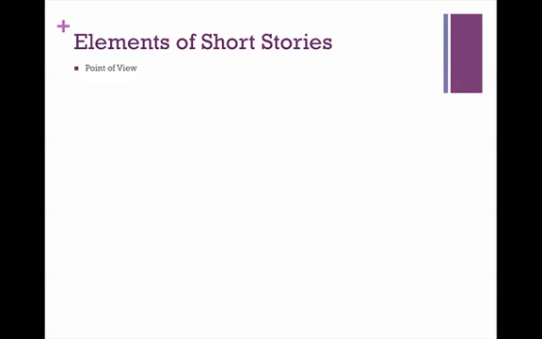And then a theme, which is what the story is about, not in a literal sense, but in the sense of answering the question, what is it that you think the author is trying to communicate to you? It's the same thing as poetry. I'm asking you to try to figure out what is the deeper meaning in this story. Beyond the obvious, this is what happens. What is the author trying to communicate to you about the world, about life? There's a message there. It may be a terribly depressing message, or a really hopeful message, or it might be something about people in general. It might be something about something specific like war or love.